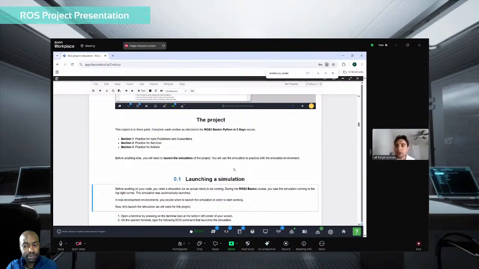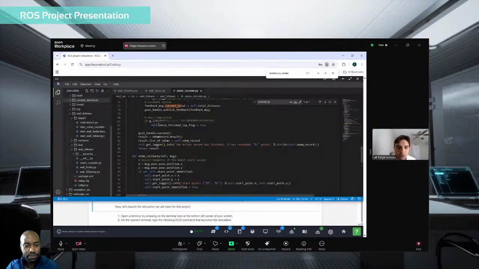When I included it in the same package as the wall following algorithm, in the wall follower, honestly I was having a lot of errors. I don't know if it was because of the type of compilation or something like that. But when I just include the service in the same package, I included